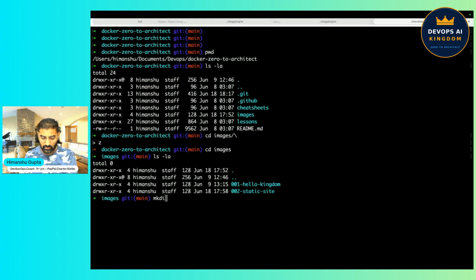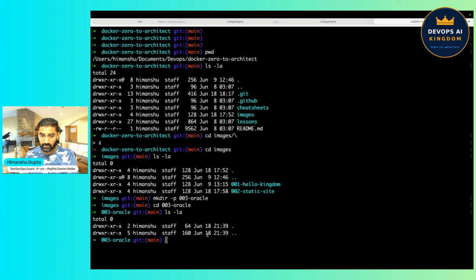So we are creating mkdir -p 003 Oracle. Enter, let's go inside 003 Oracle and list the files. There is nothing inside the Oracle folder. So we are creating a small app. For that, we create our script, that is oracle.sh,